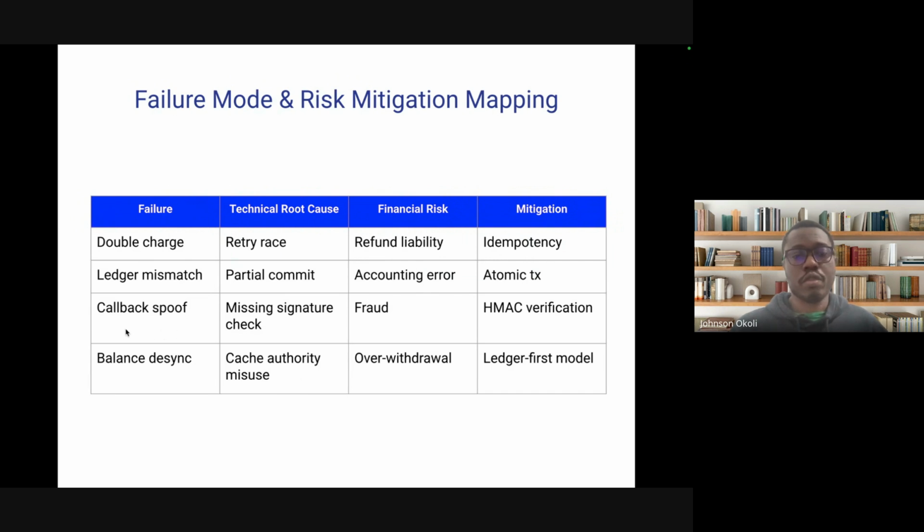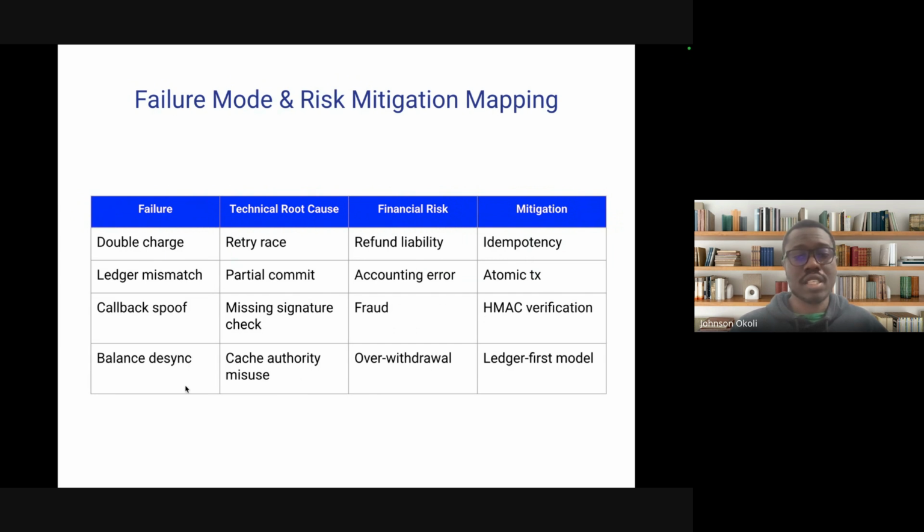Another one is callback proof. And this happens most often. Let's say you have an external system where you are integrating a payment system, and for some reason you do not use an HMAC verification to verify the signature and the data you are receiving. From there, people attack you or send invalid data that are not actually correct. So the key to that is to ensure that you have an HMAC that is working in reality.